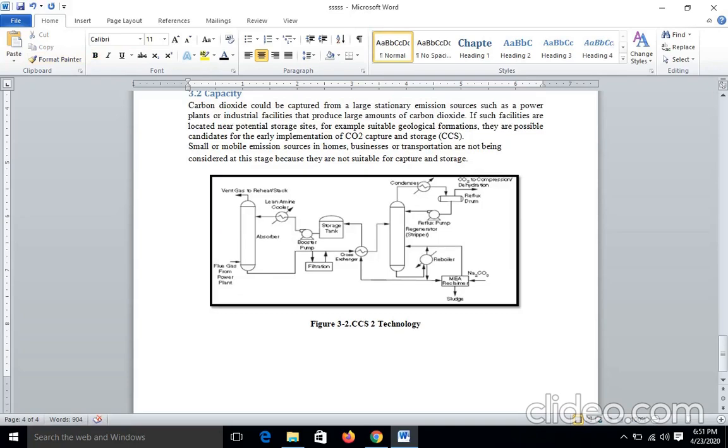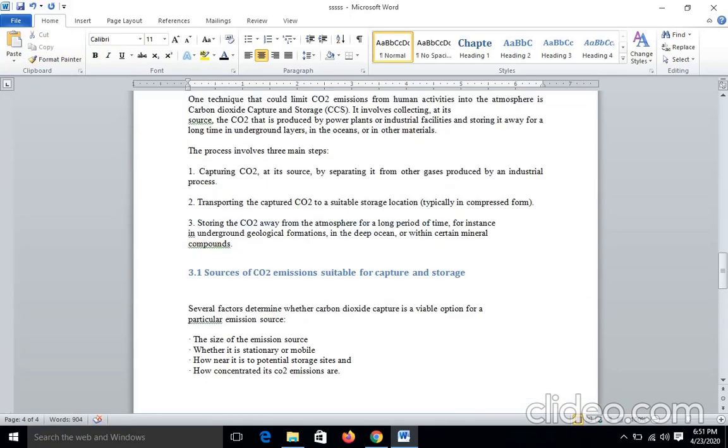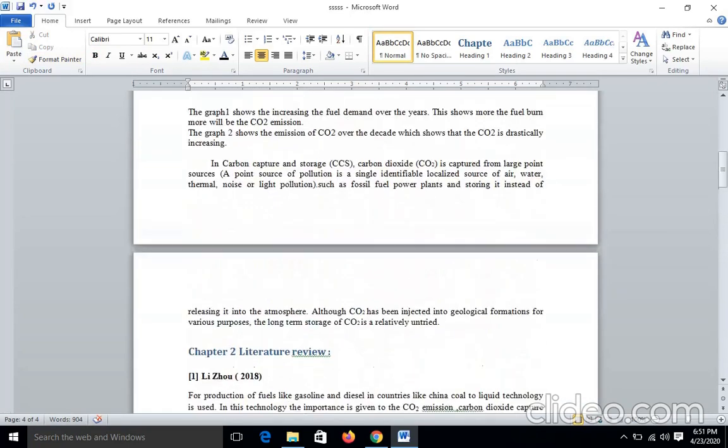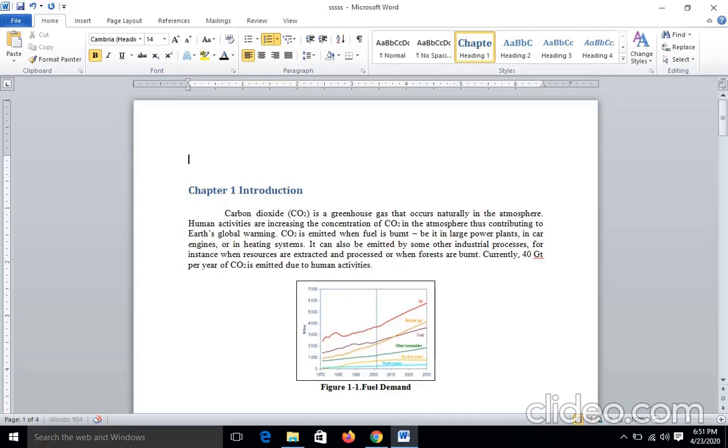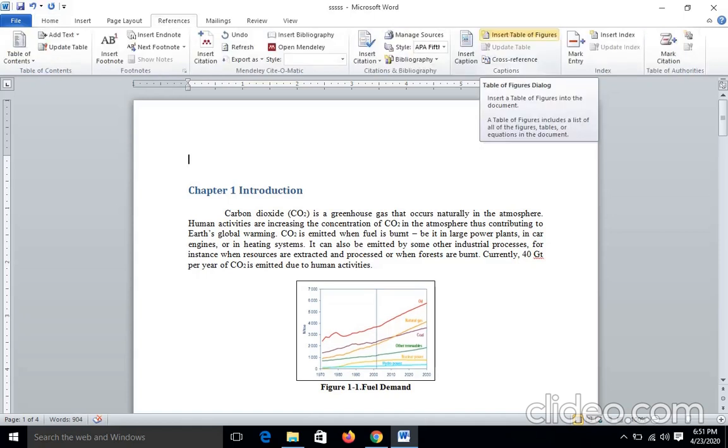Now let us see how to include a list of the figures at the top, because most of the times it is necessary to include a list of the figures, list of the content while starting the report, seminar report or a project report. So need not worry, just go to references, just go to insert table of figures option.